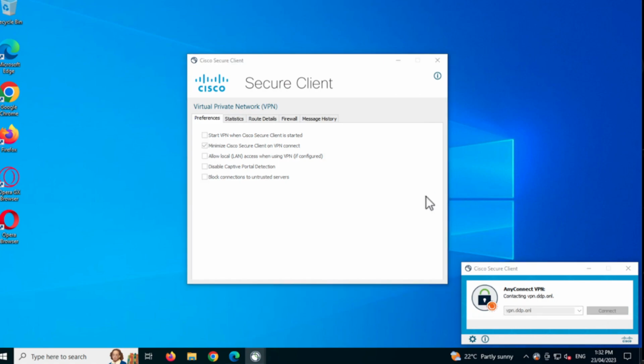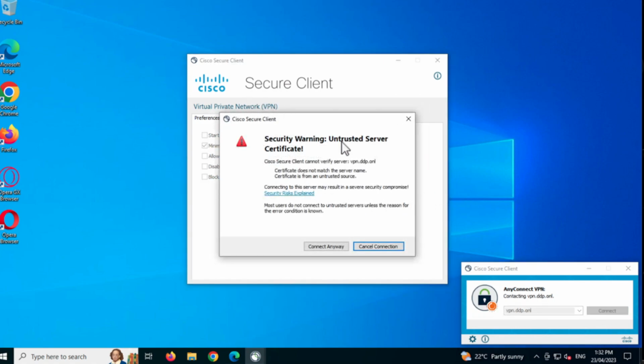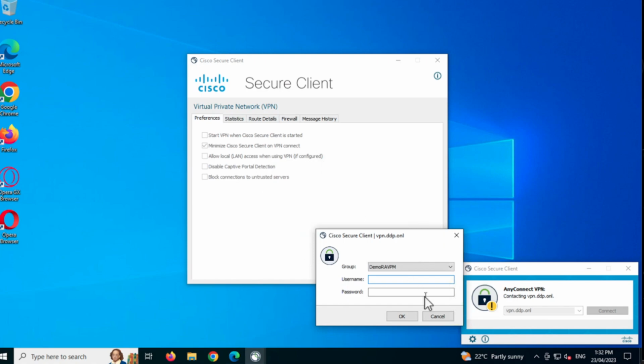You'll see that it gives you a different setup warning. It still warns you that the certificate is from an untrusted server. You can cancel the operation or connect anyway. So for this, we're going to connect anyway. Now if you type in the username and password we've created,